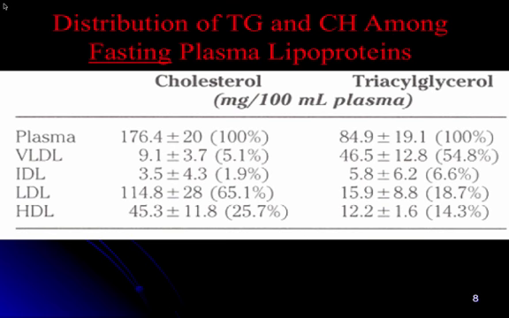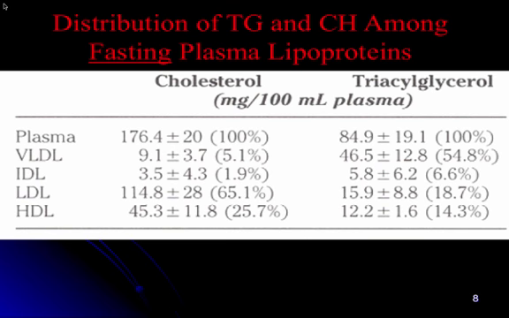Well, here's VLDL. Of this total, only about 5% of it is in VLDL. Why? It's being converted. It's fasted. These are fasting values. They've been metabolized. Now many of them are left in the blood. Some of them have been converted to IDL, but IDL is even less. It's about 2%. Why? Metabolized quickly.